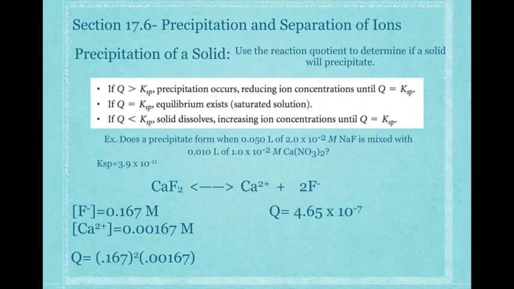Well, the KSP I have is 3.9 times 10 to the negative 11th, which means my Q is larger than my KSP. So since my Q is larger than my KSP, I need to shift to the left to decrease its size. So if it's shifting to the left to decrease the value of Q, that means